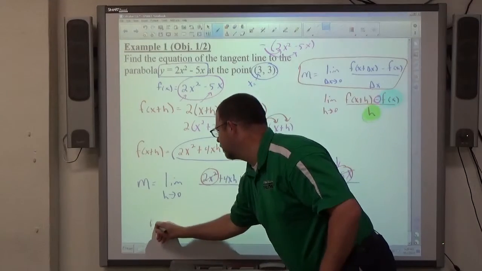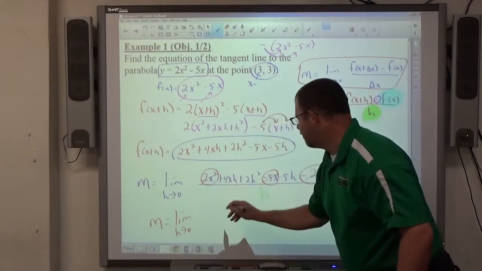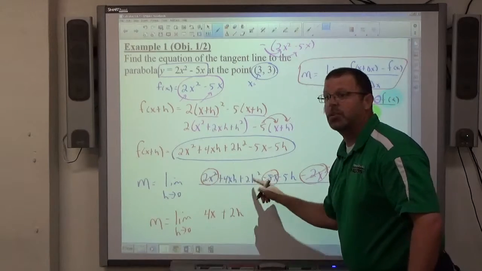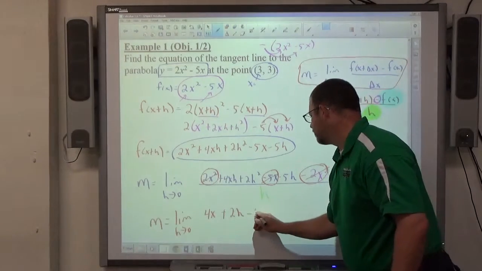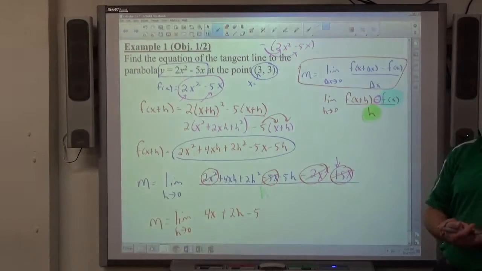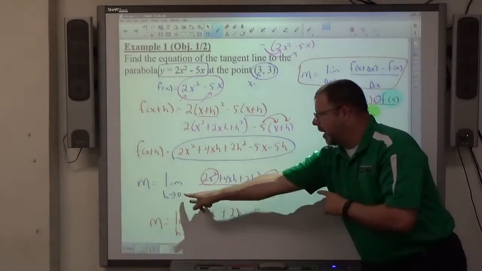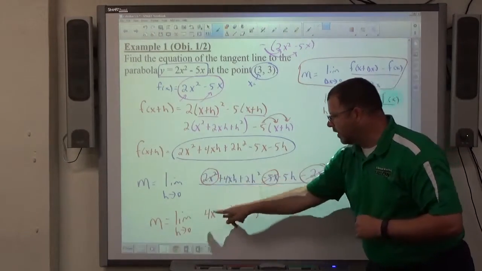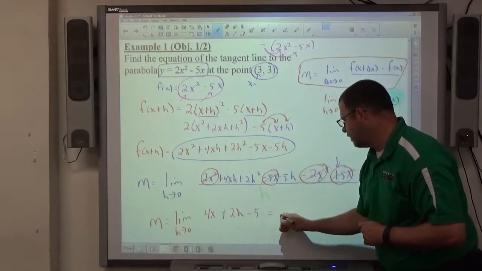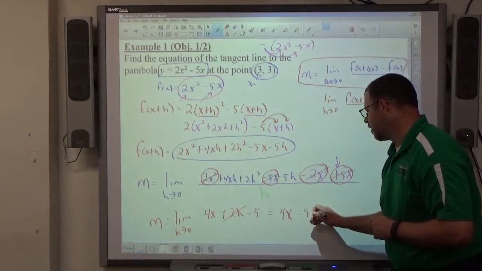One h goes away. So m equals limit, as h is approaching 0, of 4x, h disappeared. Plus 2h, one of the h's disappeared, the other one hung around. Minus 5, the h disappeared, all over 1. I don't like to put over 1, I just like to keep it as a non-fraction at that point. And once I get the h off the bottom, I can't put 0 in for h right now. Once I get the h off the bottom, now putting in 0 for h is legal. 4x has no h on it. 2h becomes 0. Minus 5 has no h on it. There's your slope